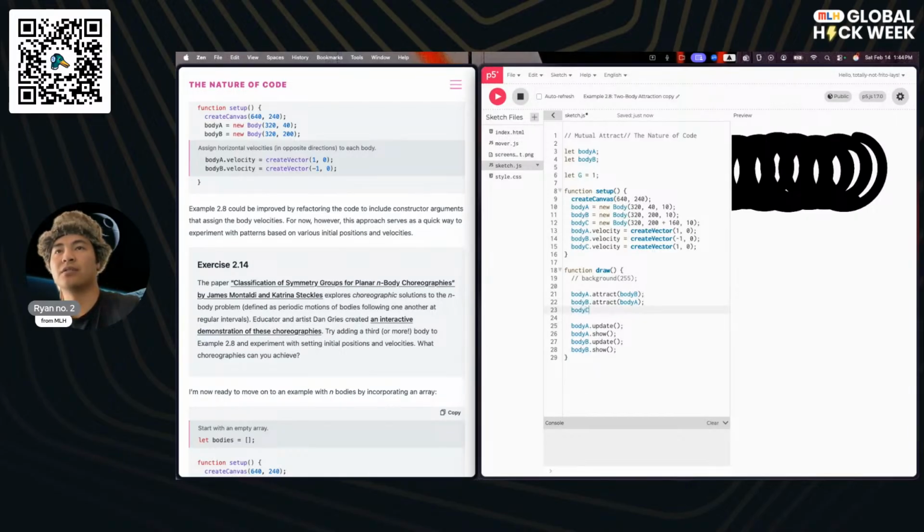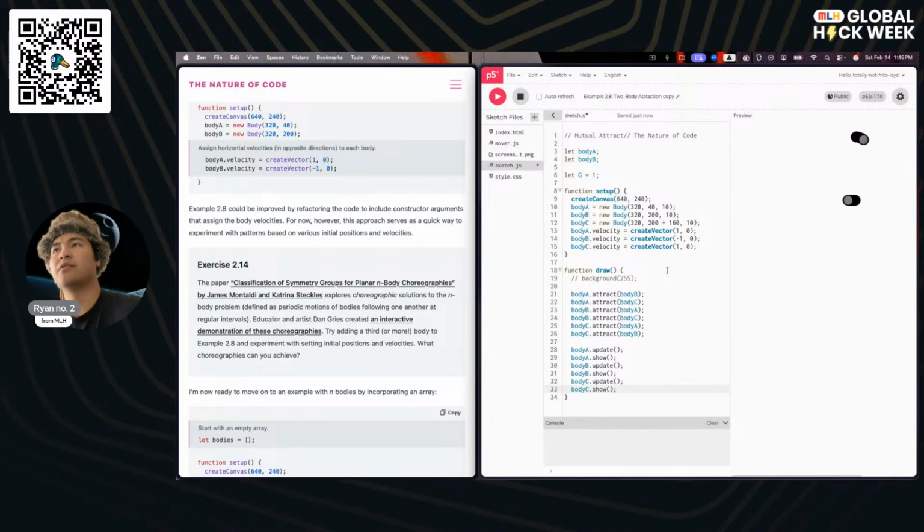Oh, this is going to start getting messy, because we would need to run this on both the other bodies, as well as this attracting body C. Body A dot attract body C. Okay, body C dot updates, body C dot show. Okay, I think that will be everything.